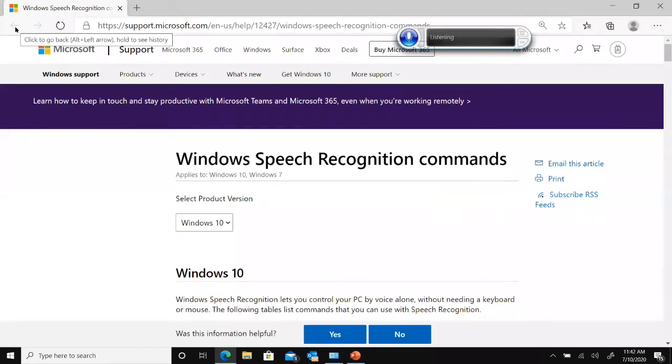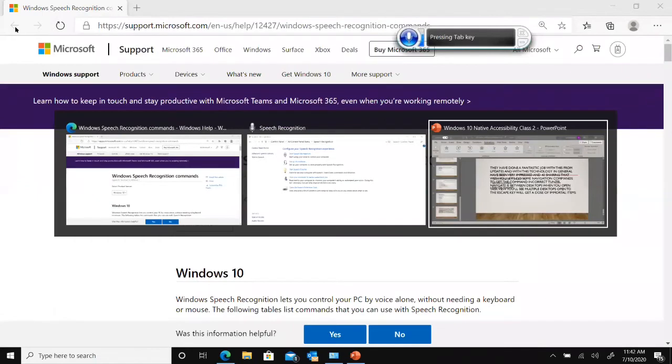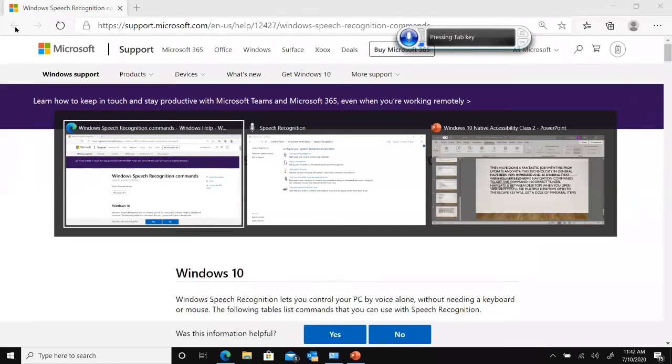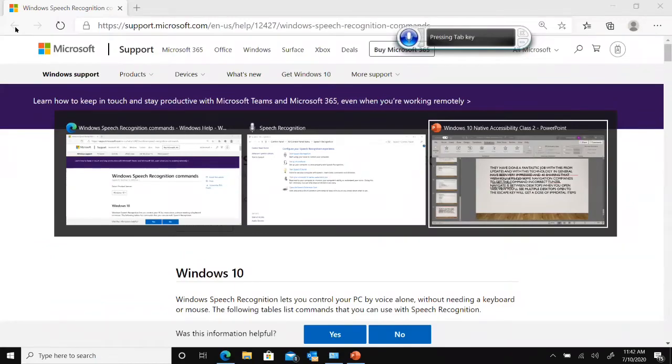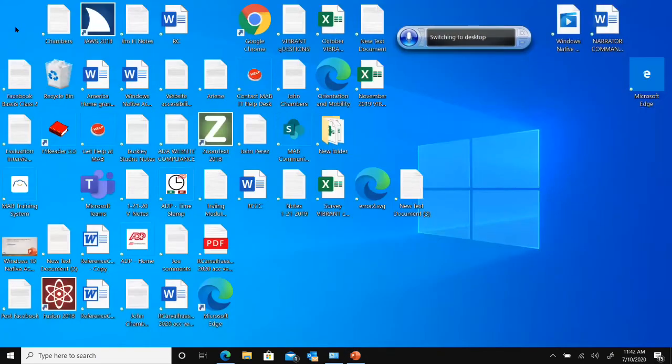Press Control Alt tab, tab, tab, tab, tab, enter. So these would be some of our navigation commands. Let's do another exercise, show desktop. What's nice, you can actually say,